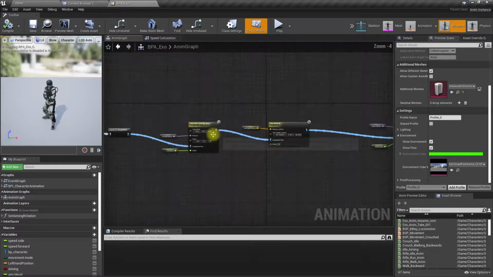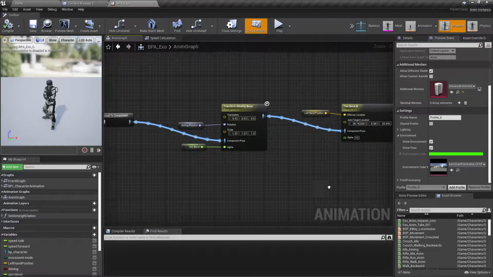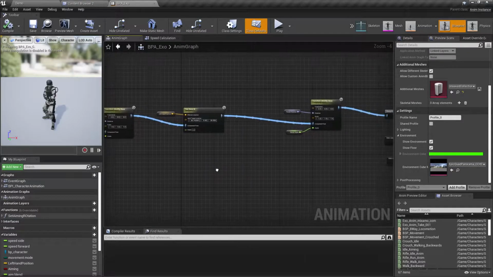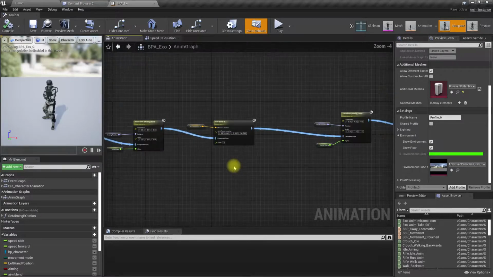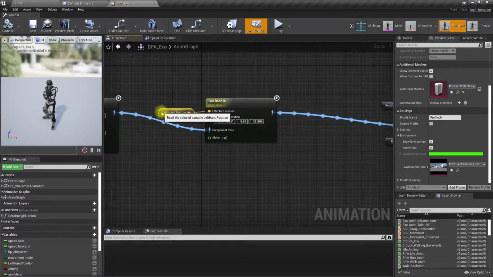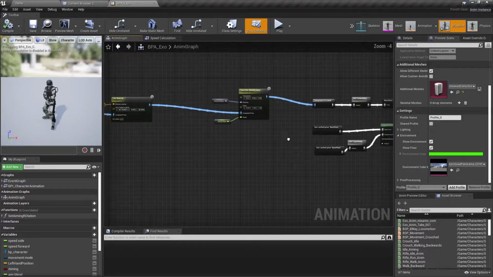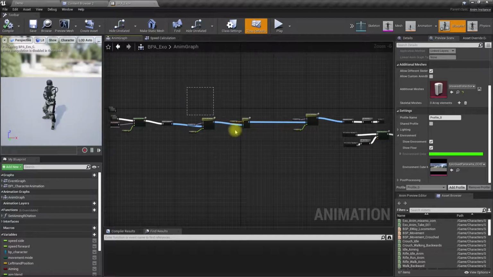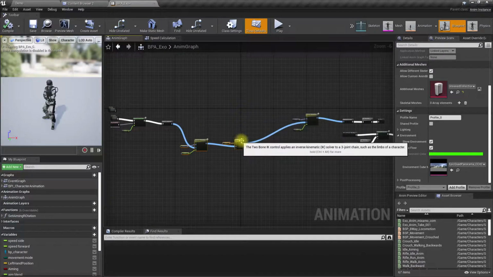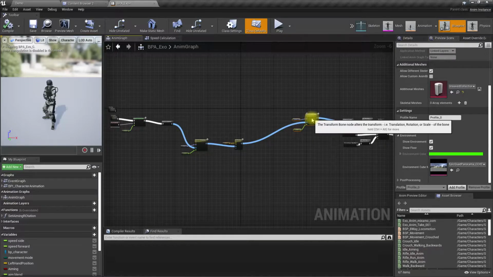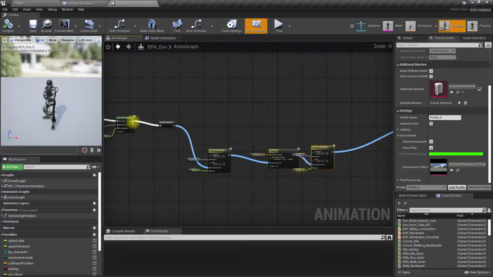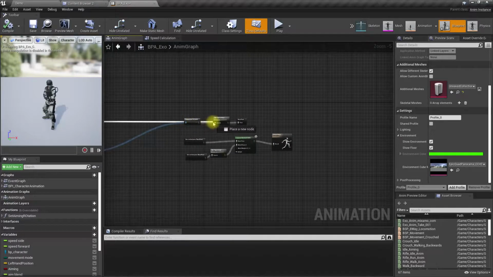I was using a transform modify bone based system to make the character rotate, and also I adjusted the left hand position to keep the hand on the gun as well. But I experienced some issues with that approach, so therefore I'm gonna skip all of them,